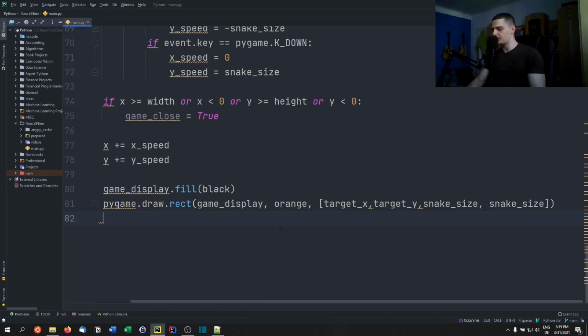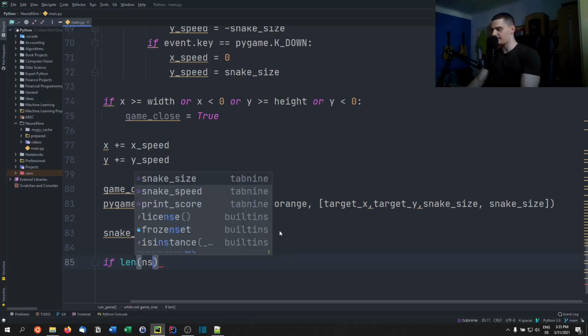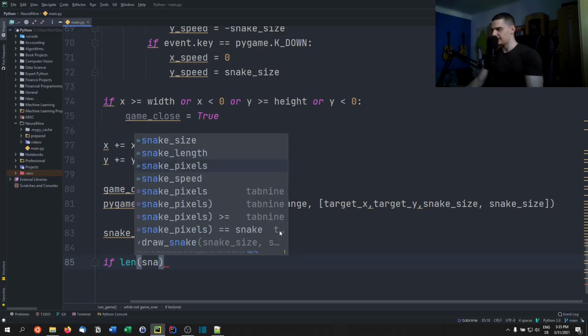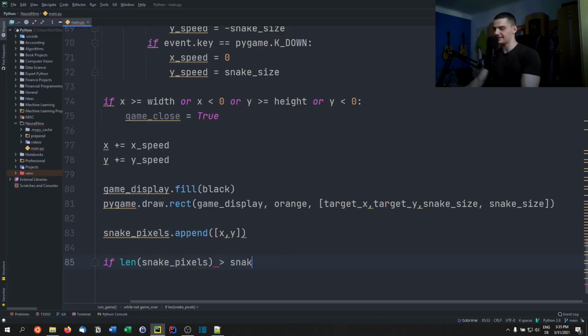And in order to accomplish that, we need to say snake pixels dot append, and we're going to append the current position x, y to the snake pixels. And afterwards, we're going to check if the length of the snake pixels is larger than the snake length, then we're going to delete the tail. So we're going to say snake pixels